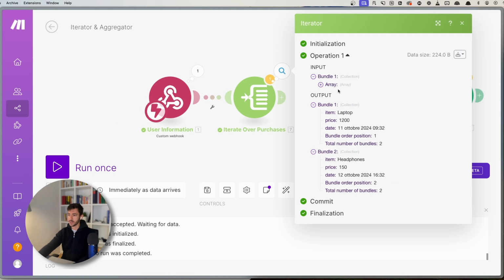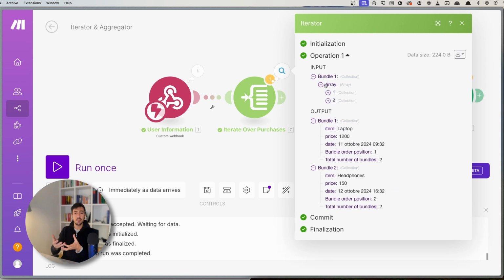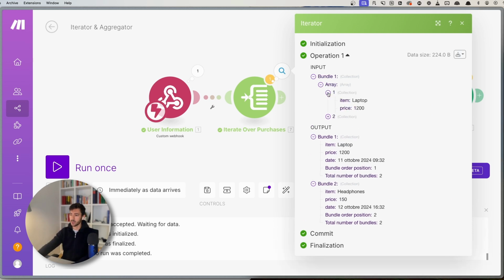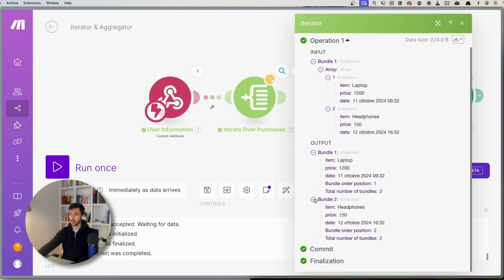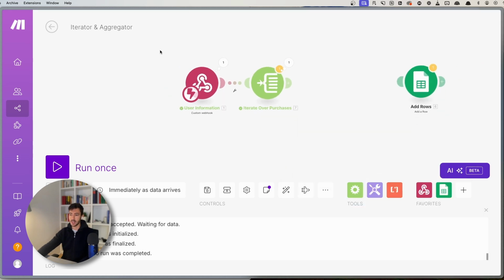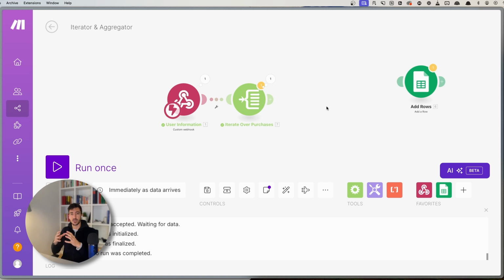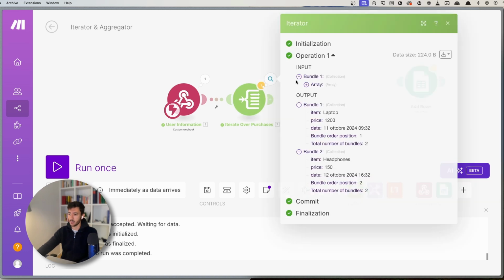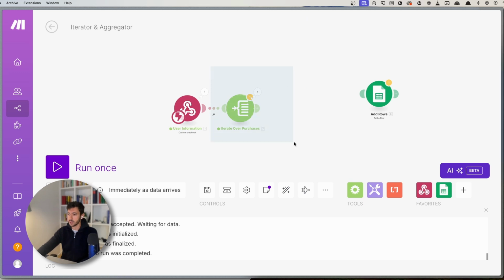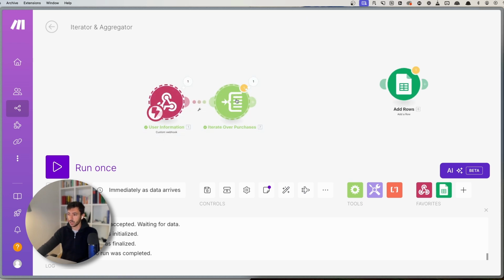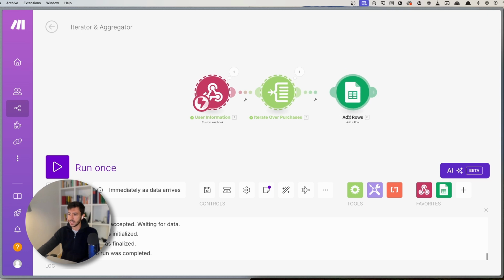What happened right now is that we sent an input of an array, so the array of these two elements, and we received an output of two different bundles, one for the first element and one for the second element. This is key because it also helps you better understand how bundles work. Iterator then is basically a way of turning an array into multiple bundles so that you can process each bundle individually. So in the following way, what we can do now is we can attach this to add rows